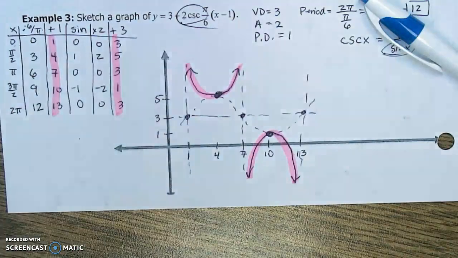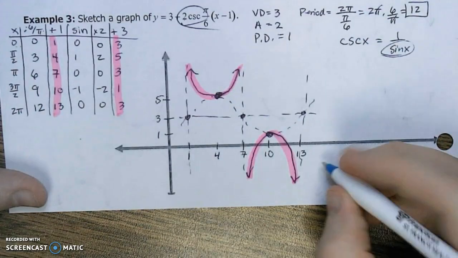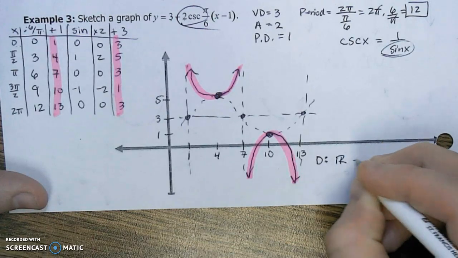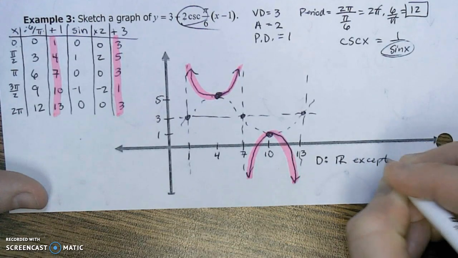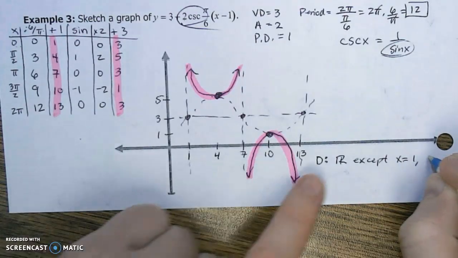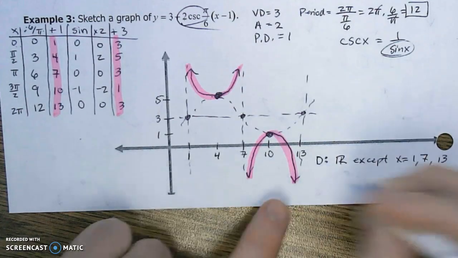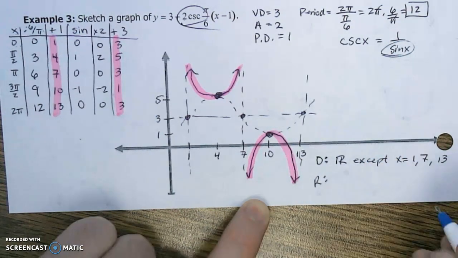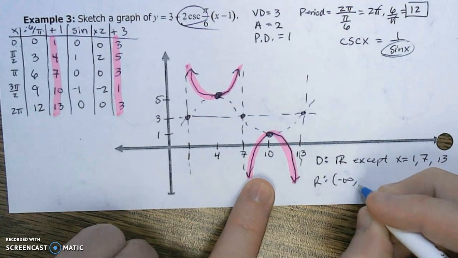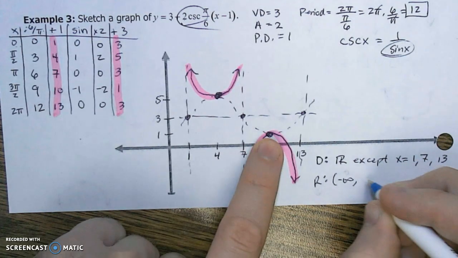So that is our cosecant graph, which has a domain of all real numbers except at the asymptotes, which are 1, 7, and 13. And then it has a range of, let's start at the bottom, so negative infinity for the arrows, to 1 because of the point,